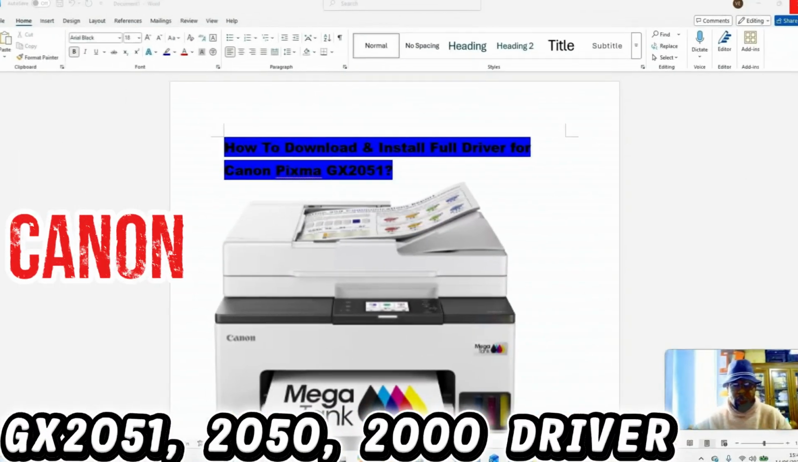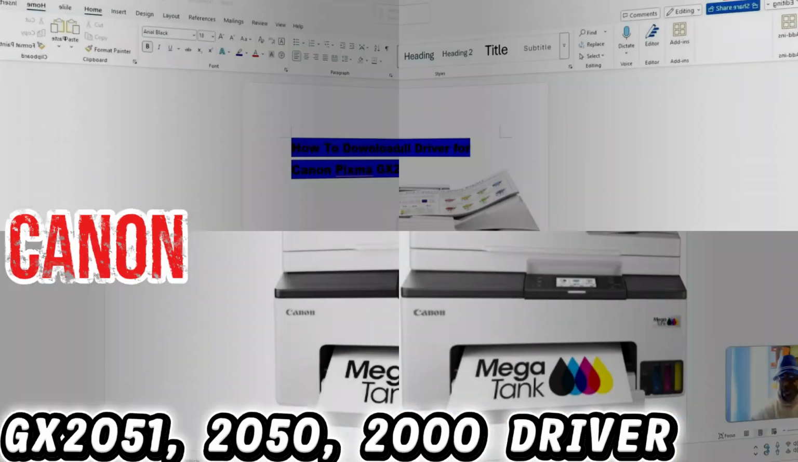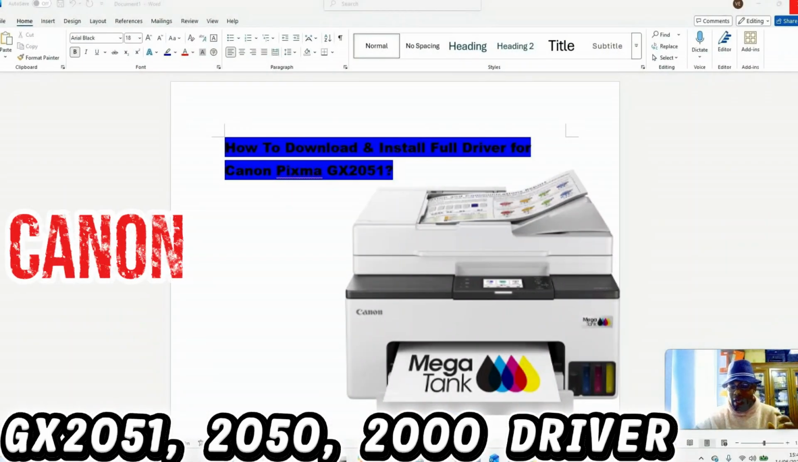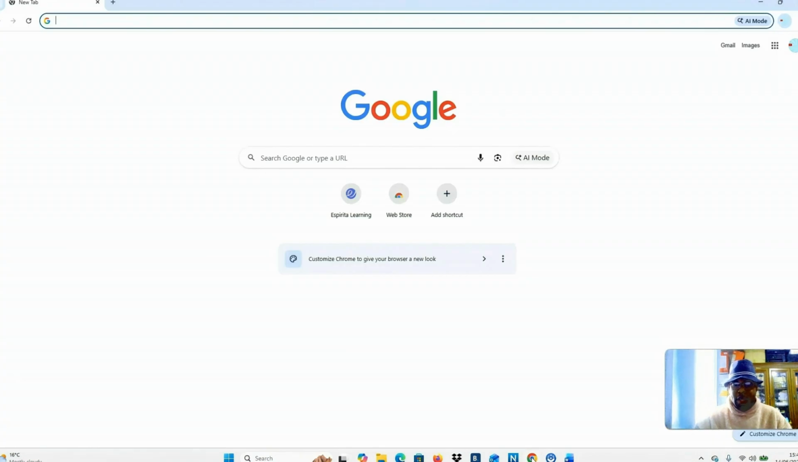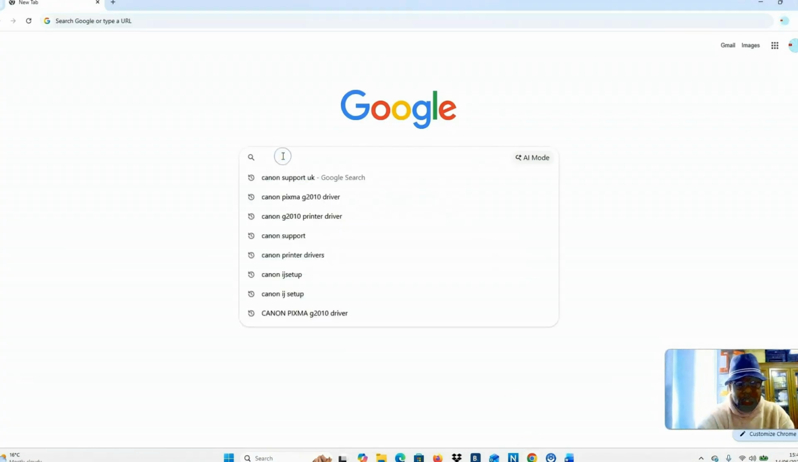I received a question. Someone asked how to download and install the full driver for Canon GX2051. To download the driver, we need to go to Google Chrome. You can use Bing, you can use any search program you want to use. So type Canon support